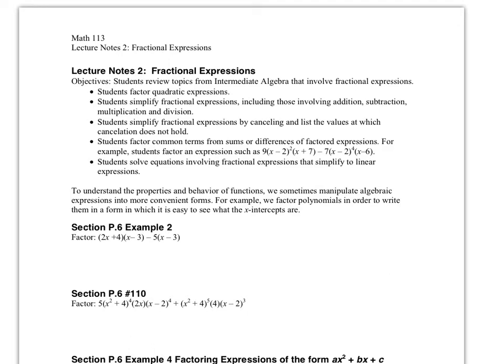The notes will mostly be about fractional expressions, and the whole topic is gonna rely on factoring. Factoring is one of the most important techniques, or one of the most important tools for you to remember in order to do well in calculus. So therefore all of these 5 objectives we have here, 1, 2, 3, 4, 5, they all rely on factoring